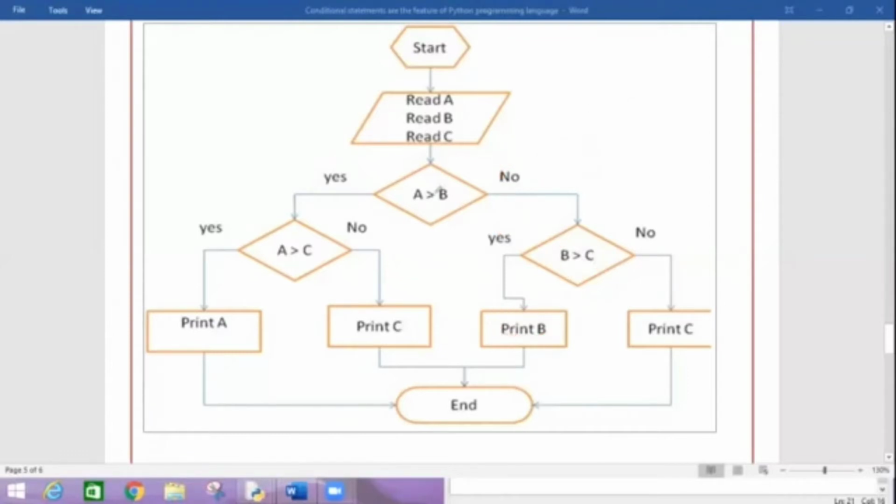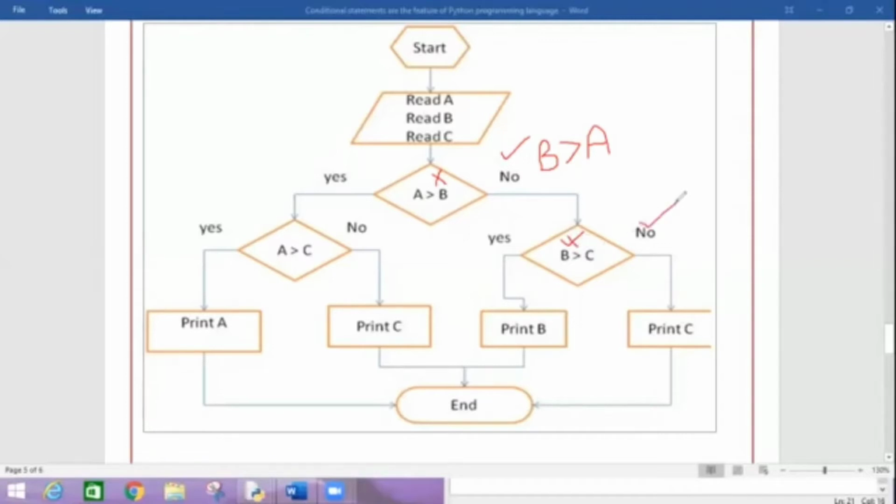Another phase. I checked for the condition A is greater than B. I got the result as no over here. What does it mean? That B is greater than A. Right? After that, I again check the condition. B is greater than C. But this condition has become false.